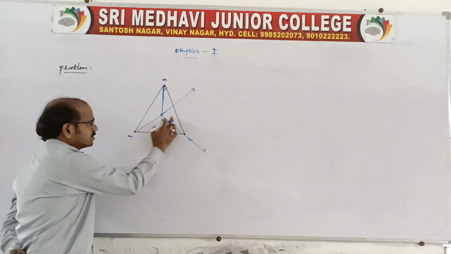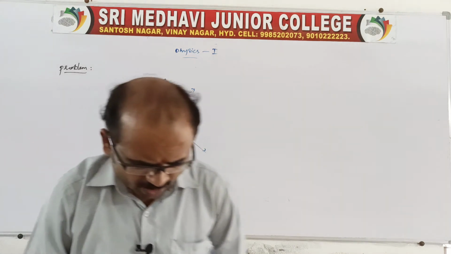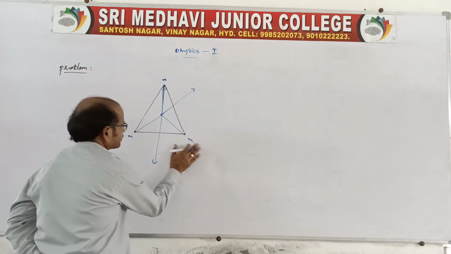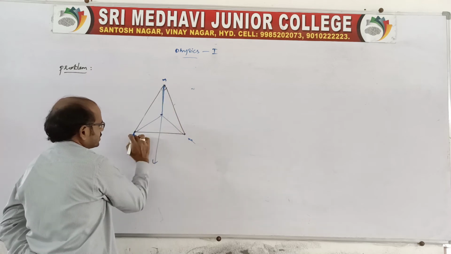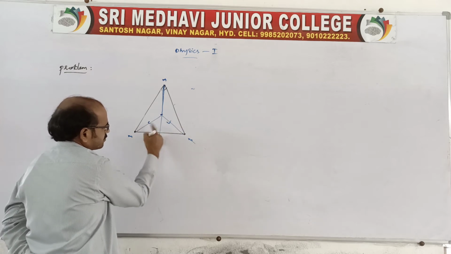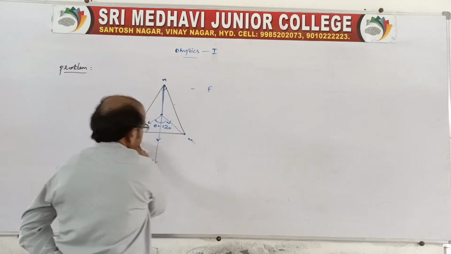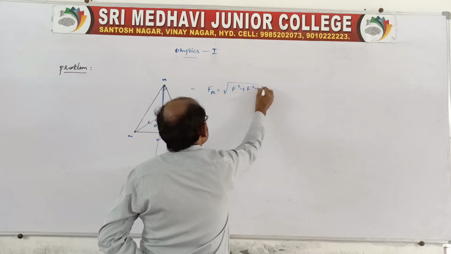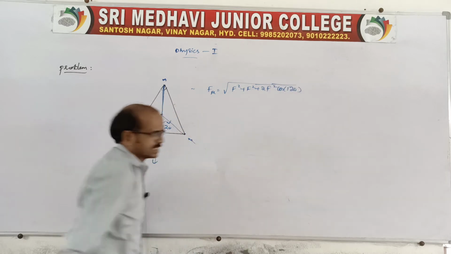So the distance is equal, no? All these distances are equal. Of course, you remember the equal and opposite forces will be cancelled, because we can say like this, or else we can also take it like this. If I take the force between these two, due to these two there will be a force acting, and the resultant for this, we can say theta is equal to 120. Suppose you want to get the resultant between these two particles, Fr is equal to root over F square plus 2F square cos 120, because at a centroid the angle is 120.